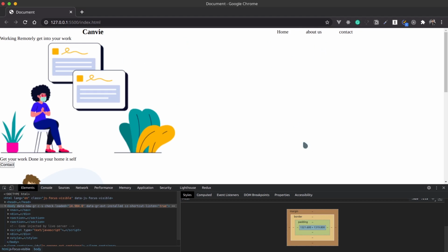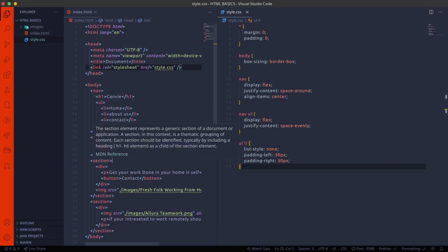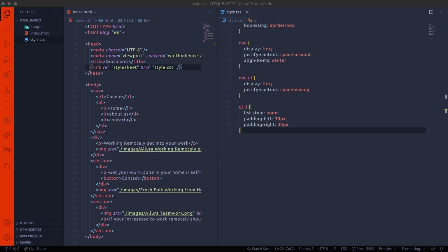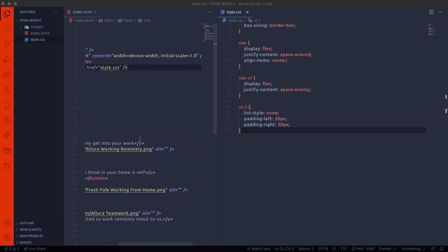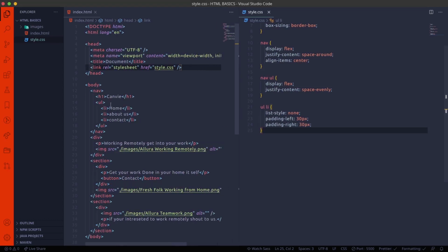Here also I'm doing the same. Left and right, I've given 30 pixels of padding, so these items get space and are visible clearly. Now I want to increase my h1 tag in the navbar to be bigger.